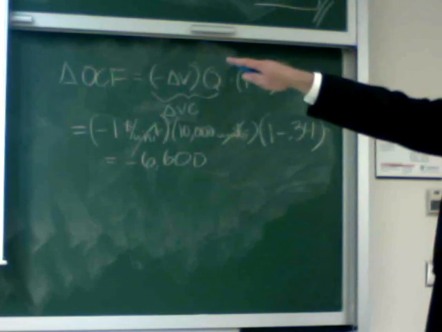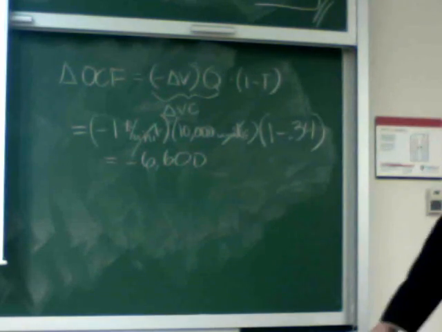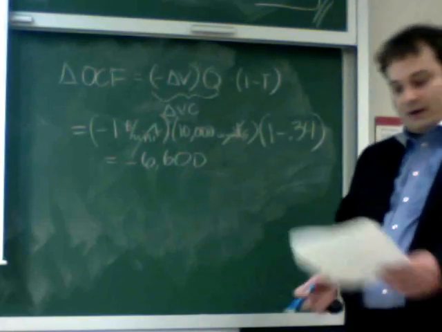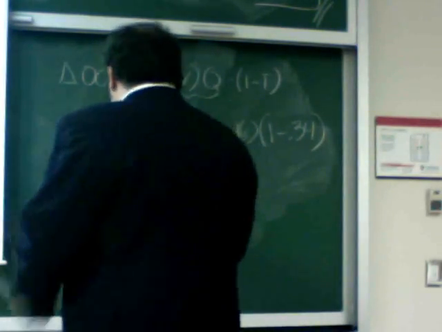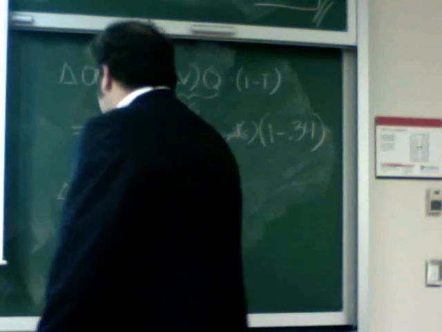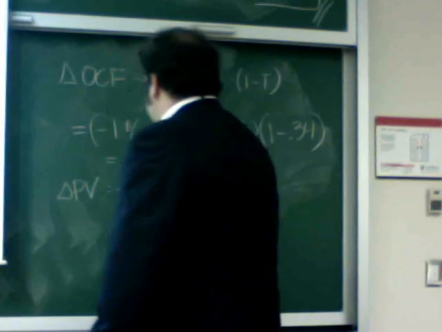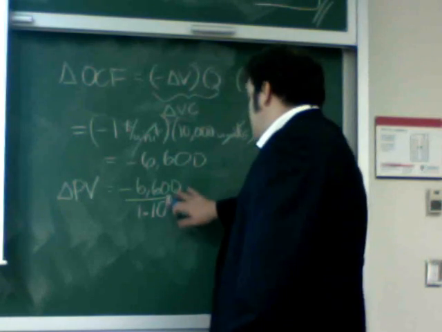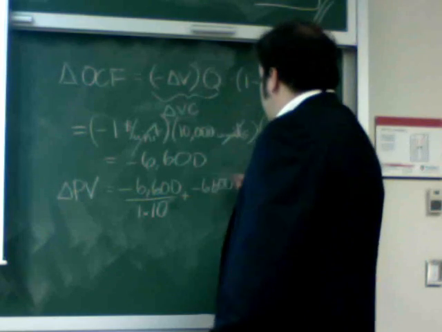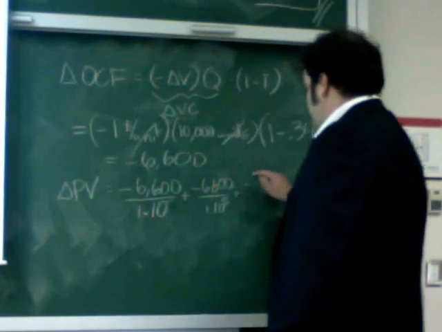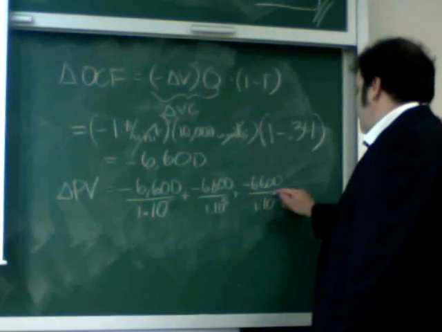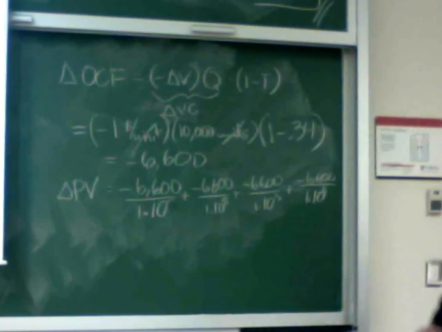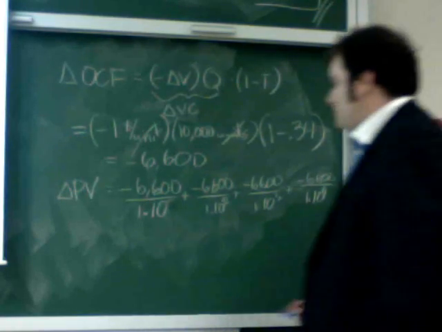What we're asked is, what is the change in the net present value? So it's not just the change in operating cash flow for a single year. It's what the change in the net present value of the whole project is going to be. So the change in the present value is going to be minus 66 for the first year, plus minus 66 for the second year, for the third year, for the fourth year. So the compact way of writing this would be